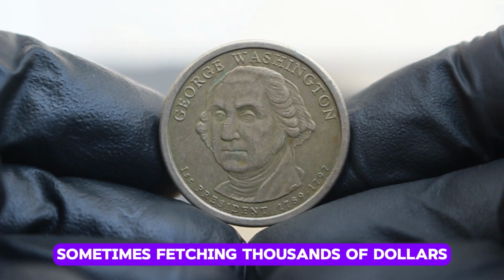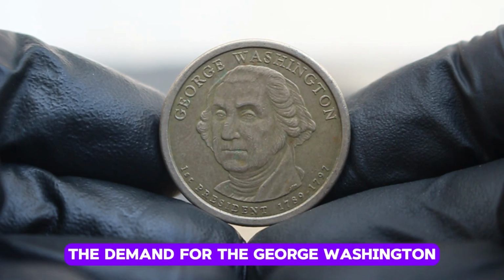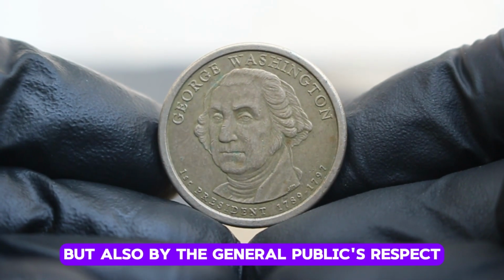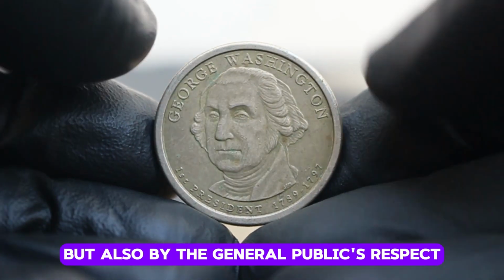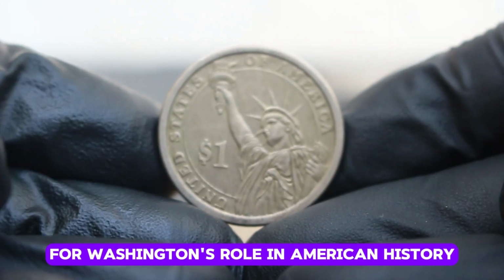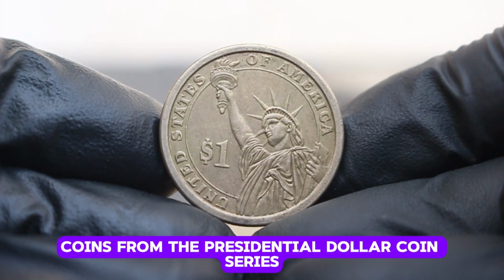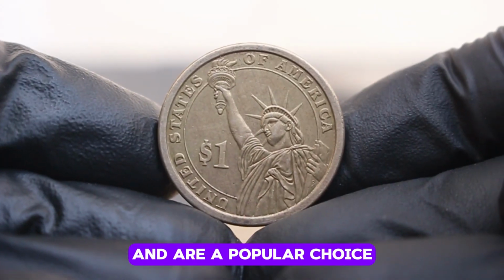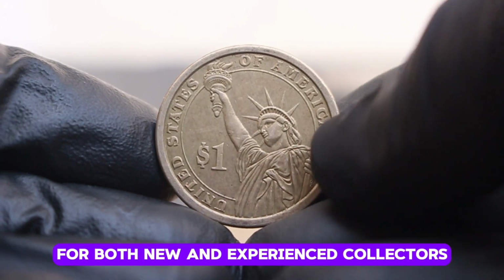fetching thousands of dollars. The demand for the George Washington presidential dollar is driven not only by its gold color, but also by the general public's respect and admiration for Washington's role in American history. Coins from the presidential dollar coin series continue to attract attention and are a popular choice for both new and